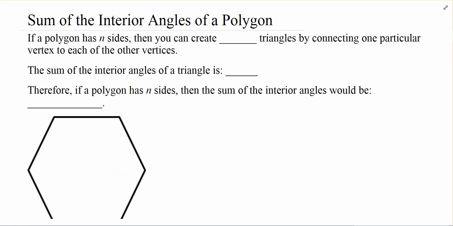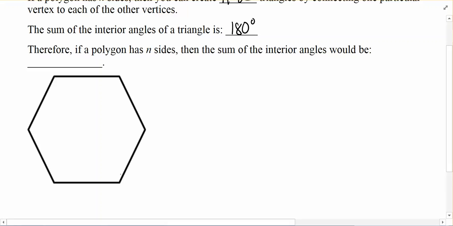So let's see where that important fact about the number of triangles that we can get is going to help us. So we just saw that if a polygon has n sides, then we can create n minus 2 triangles inside that polygon. Now we also know from previously that the sum of the interior angles of a triangle add up to 180 degrees. So if we take a look at a polygon and say, well, I'm forming a bunch of triangles here,